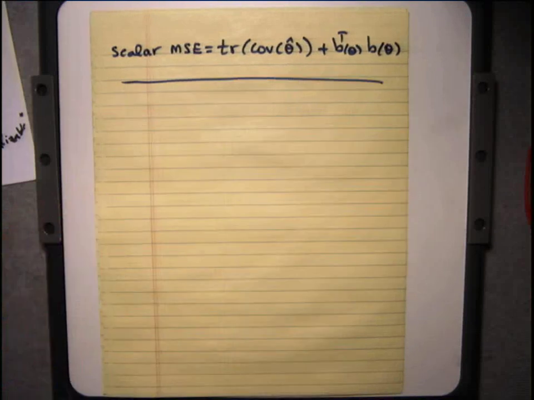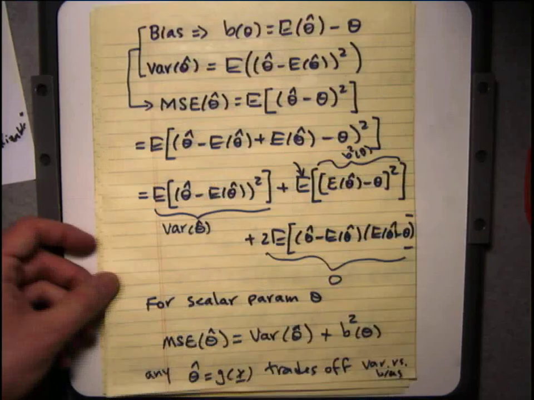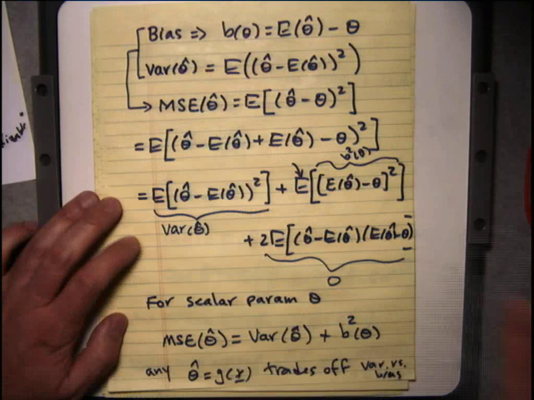So now let's go back to the scalar case and see if we can come up with estimators that somehow have minimum mean squared error. Now let me first warn you, if you look at this definition of mean squared error here,